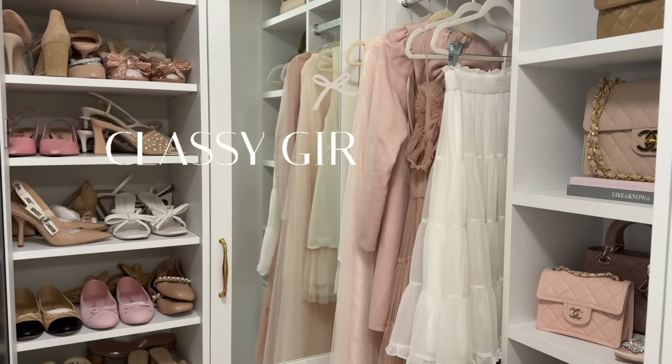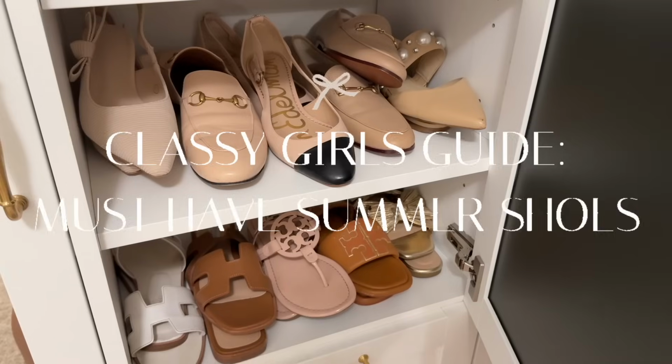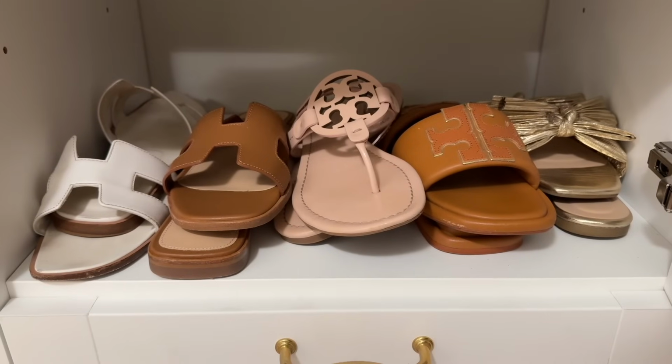Today I'm sharing the classy girl's guide to summer shoes. Think timeless, classic, feminine styles that are both polished and practical. These are all pairs that instantly elevate your outfit without sacrificing comfort, and they're staples that I reach for every